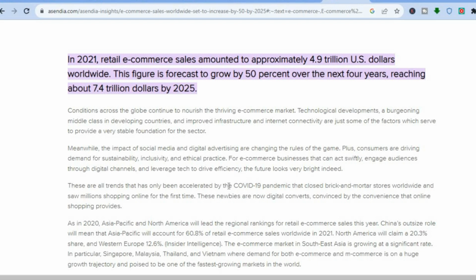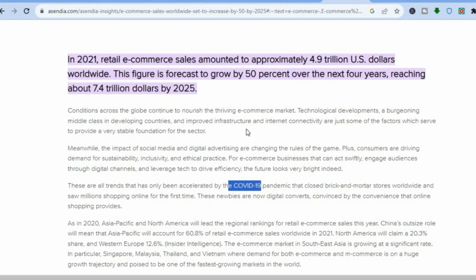Since the happening of the pandemic, e-commerce or online shopping has definitely grown worldwide, and it will continue to grow as persons are becoming even more comfortable shopping online, as you can see with the growth of Amazon and other e-commerce platforms. So there has never been a better time than the present to start your own online store.